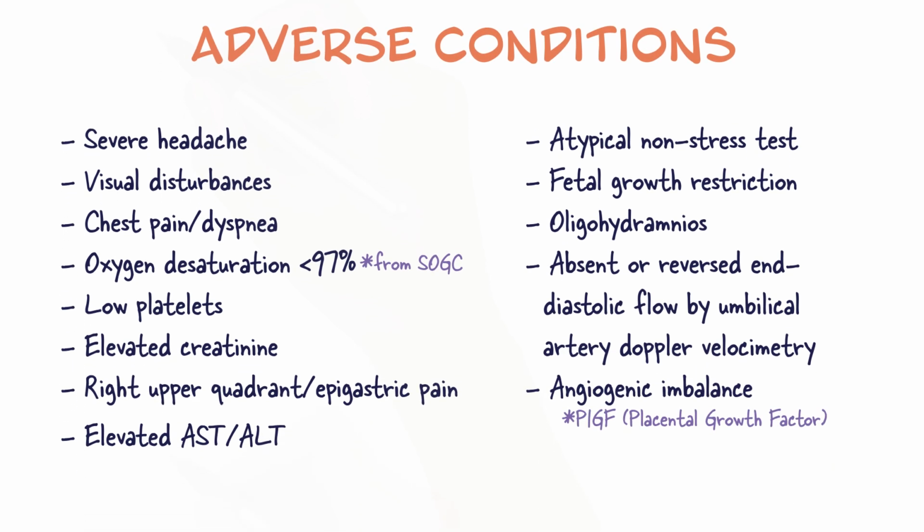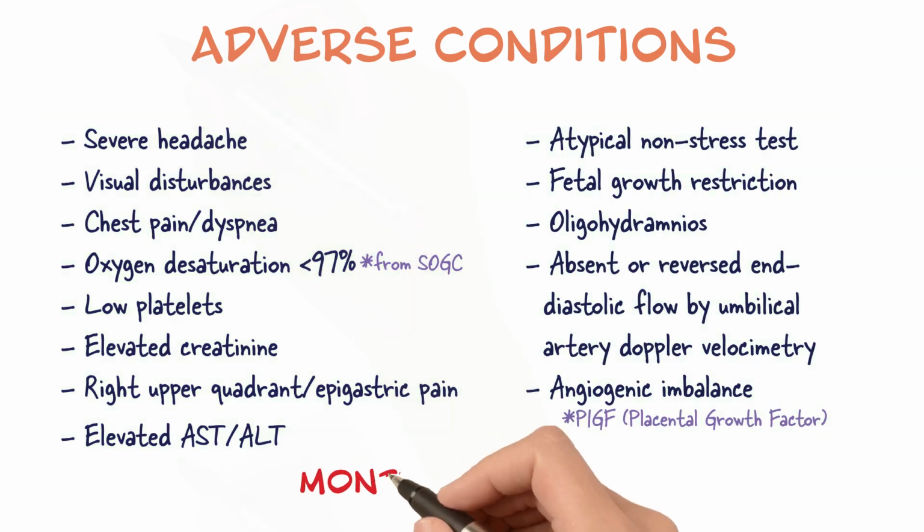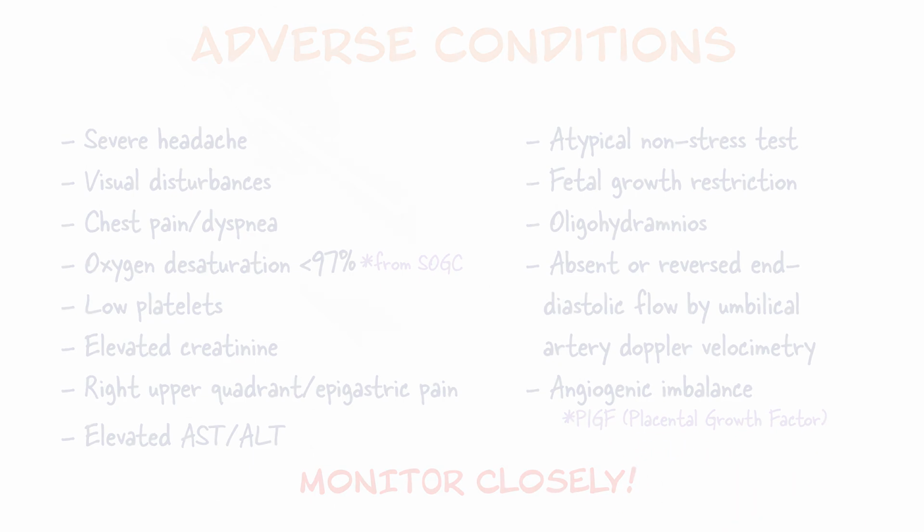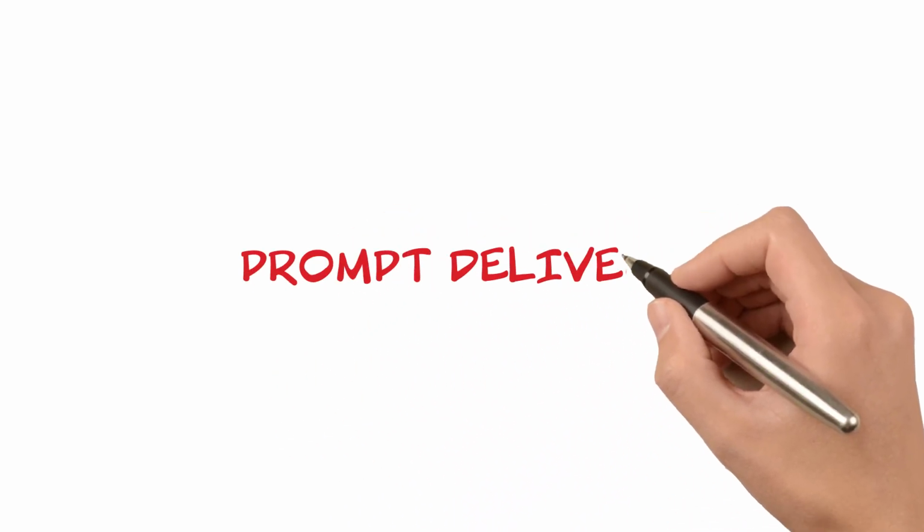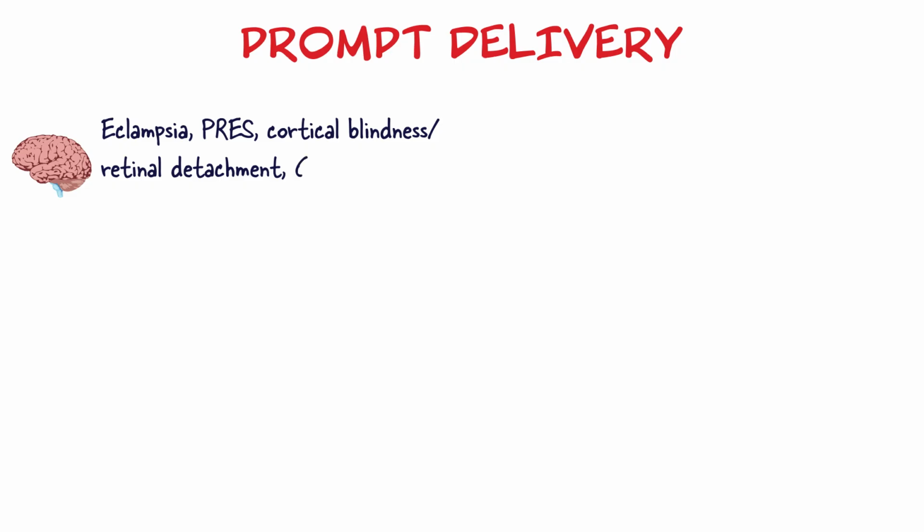We saw earlier the multiple adverse conditions that may be present and make a diagnosis of preeclampsia. When these conditions are present, close monitoring is recommended. Prompt delivery, regardless of gestational age, is required for the following circumstances: eclampsia, posterior reversible encephalopathy syndrome or PRES, cortical blindness or retinal detachment, a Glasgow Coma score or GCS of less than 13, transient ischemic attack or TIA, stroke or reversible ischemic neurologic deficit or RIND,